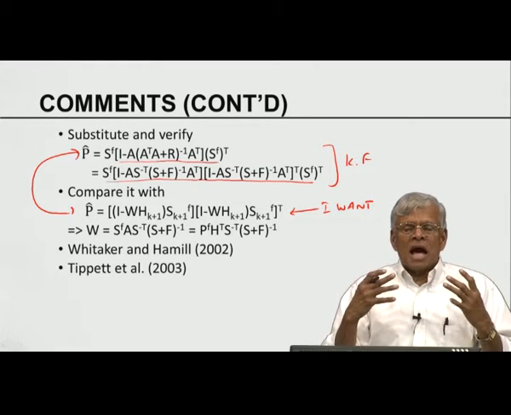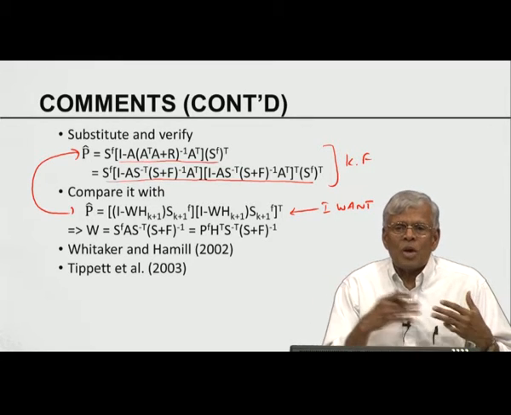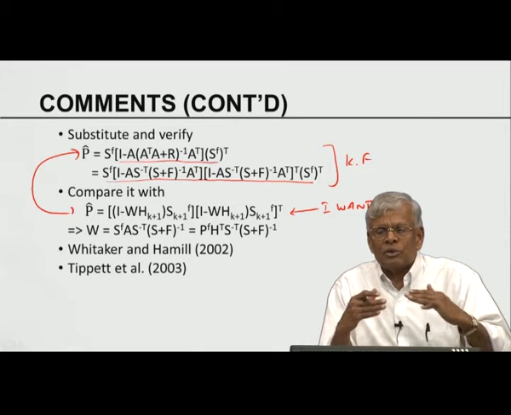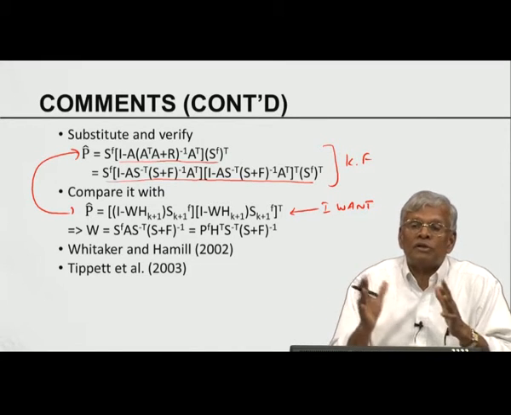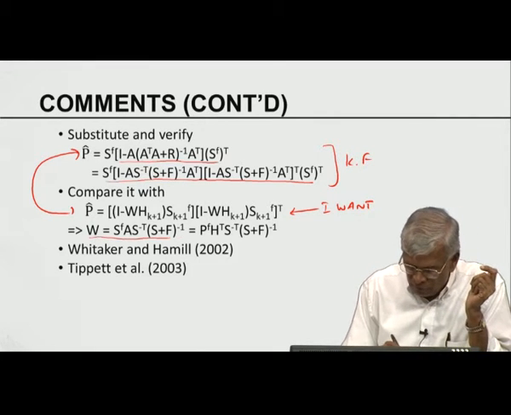So what is our aim? I want to change the Kalman gain, but I do not want to change the result. So how do I use W and still enforce the same result as I would have gotten had I used the standard Kalman gain, without having to use the virtual observation? That gave rise to an expression for W, which is given by this.